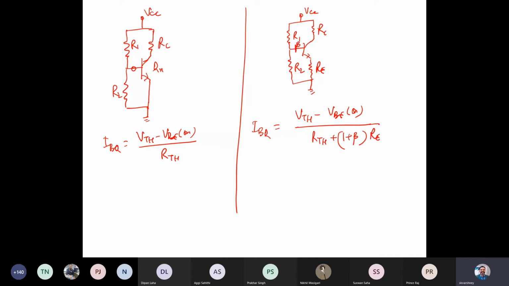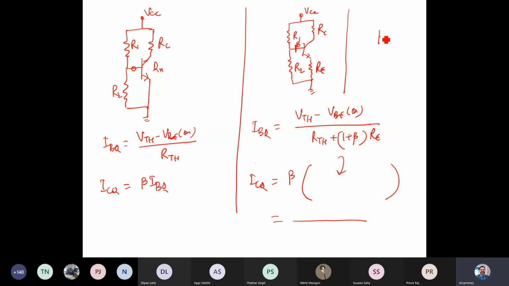So that's the difference. And ICQ, if you take it in terms of beta IBQ, is also fine. ICQ is beta IBQ. Beta would be present in the collector current, but in this case it becomes independent because beta compensates. So RE actually just helps you, and the presence of the second RE, which you do in the experiment as I mentioned to you, will be more clear when we obtain the AC signal analysis part.